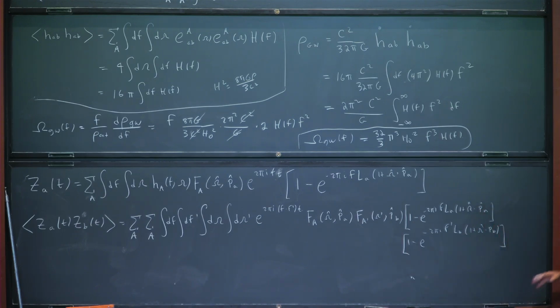You'll notice that in these differences, there are two different lengths that occur: length to pulsar 1 and length to pulsar 2. And finally, last but not least,